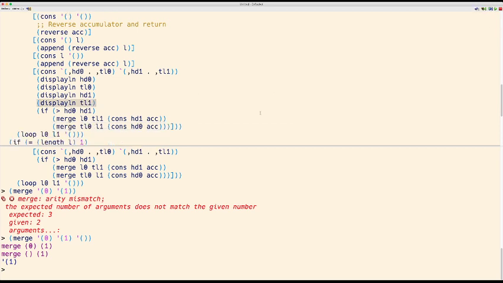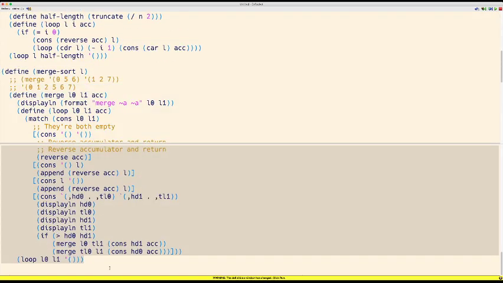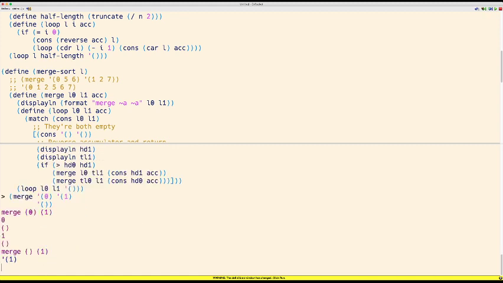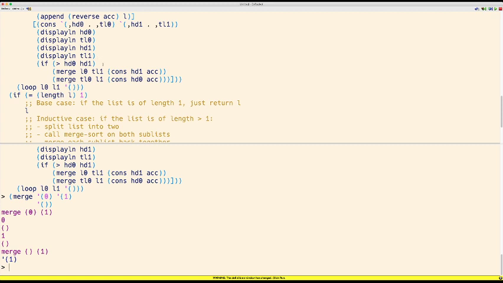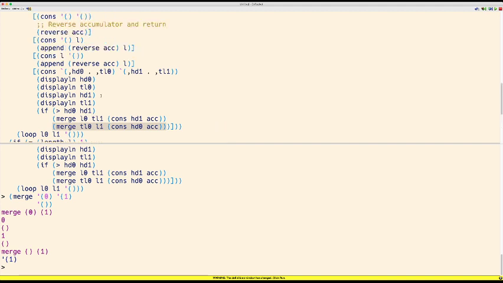All right. So we'll do that like this. We'll redefine merge right here. Merge 0, 1, empty list. All right, so now I have merge 0, 1. We're right there. Head 0 is greater than head 1. No, that's not true. So we're going to hit this case right here. So now we're going to call merge with,